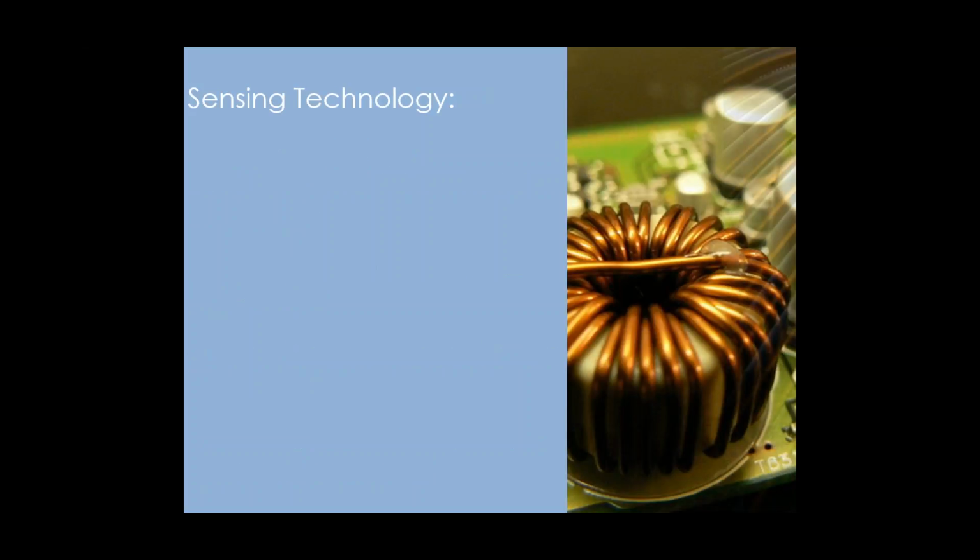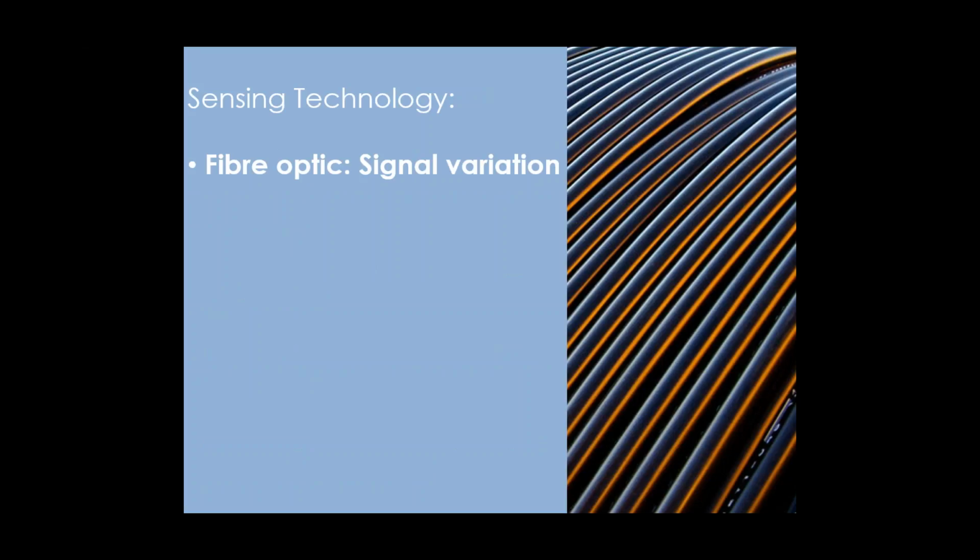So, what is the technology? What technology are you using then to do these things? Optex is using fiber optics, signal variation. So we have fiber optic cable sensing solutions that can be used for the infrastructure of your building. Fiber optics is now used extensively throughout communication in the IP world. That needs to be secured. We can do that using our fiber solutions and connect that then through to the